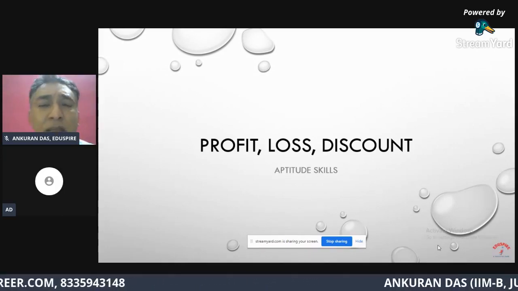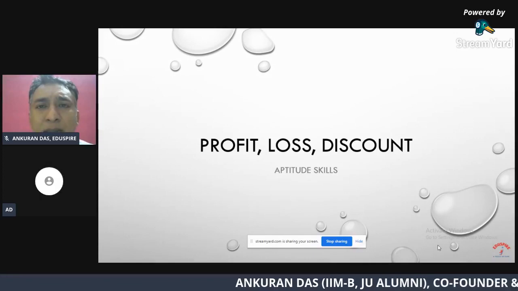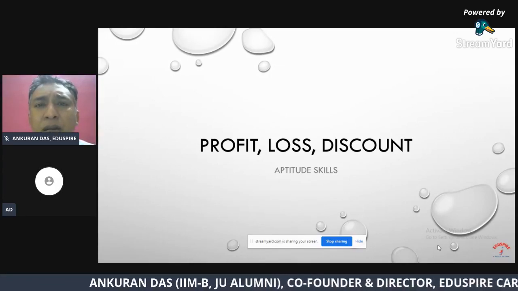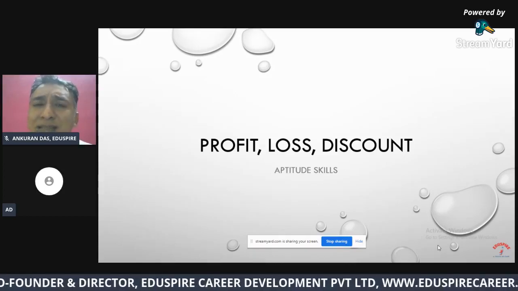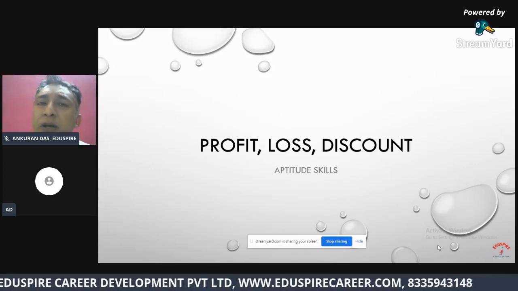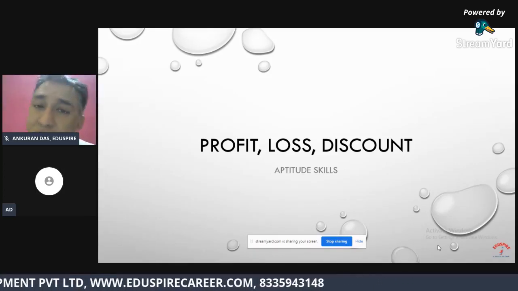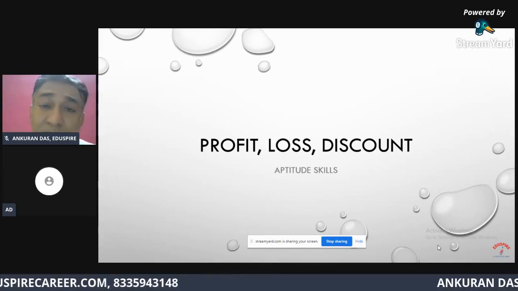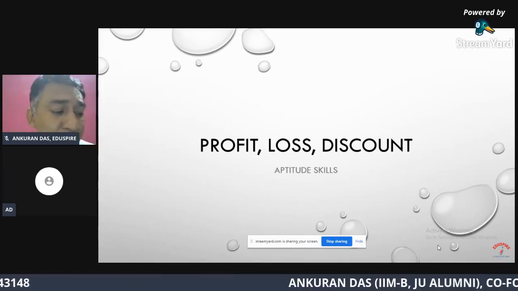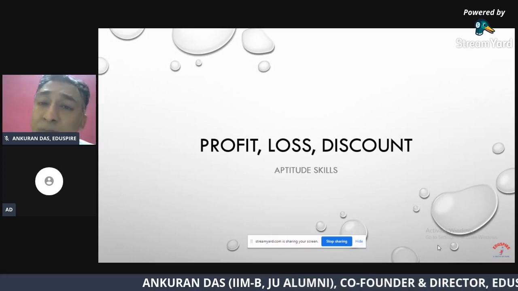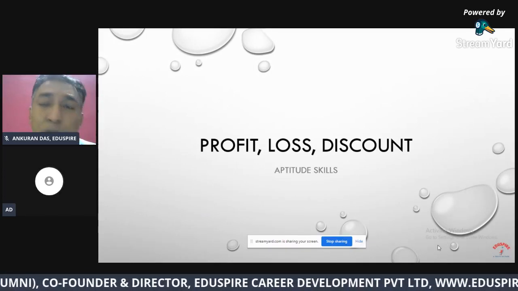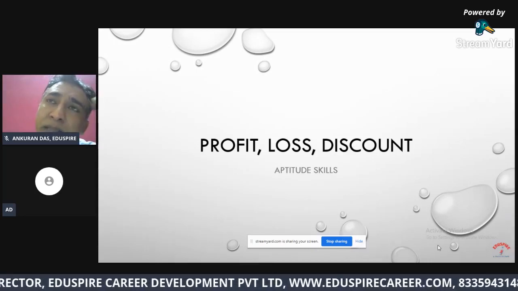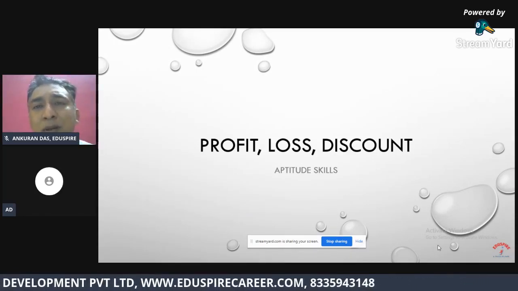There is one thing that you should understand. And also, when you look at profit or profitability, you should look at cost as the base price. So always remember, for any percentage profit, cost is put in the denominator, while the numerator will be the absolute amount of profit. The denominator will represent the cost price. In the same way, when you look at percentage discount, then the mark price is put in the denominator.